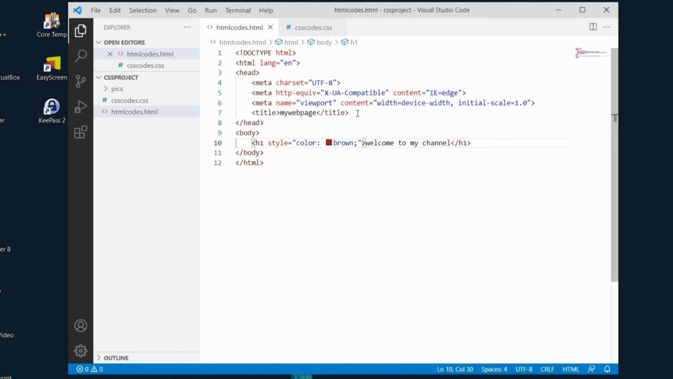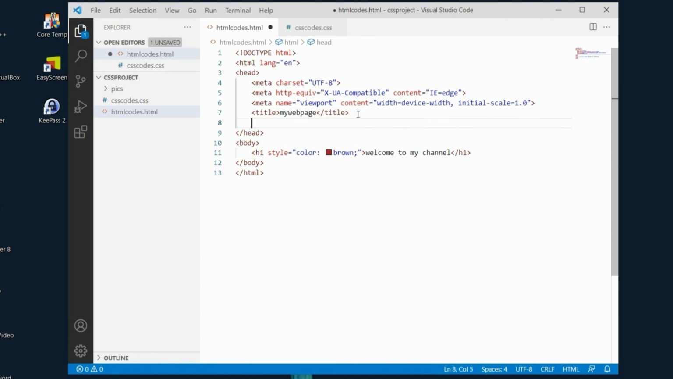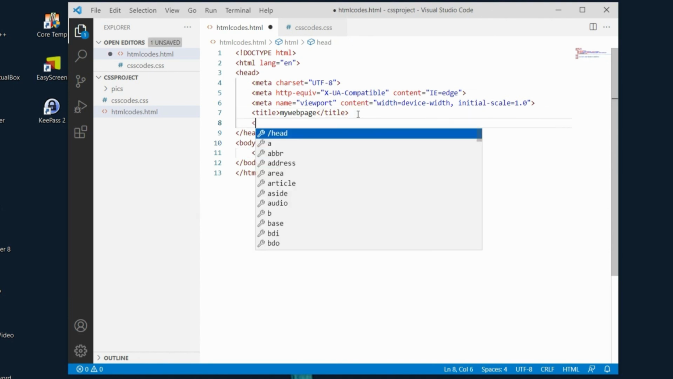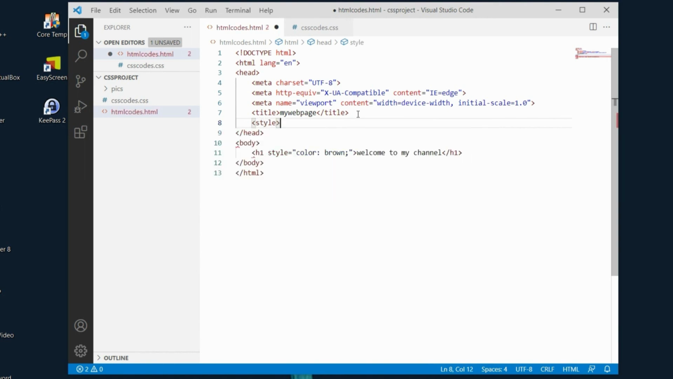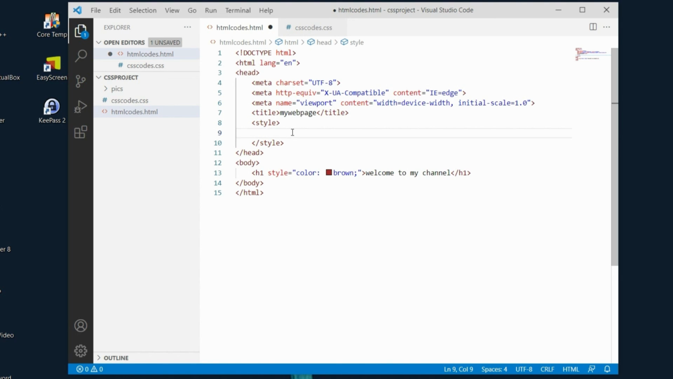So for that, between the head tags, we press enter, we make a new line, and we open a tag and we type style, and we press enter and we close the tag. You see that we have the style tag open and close, and now we can use our CSS tag between this style tag. I just press enter and make a new line, and in our new line we say that we want to change the color of this tag. The tag is